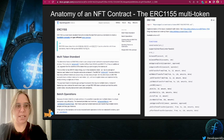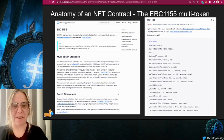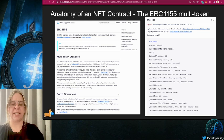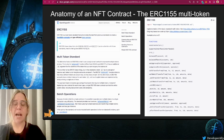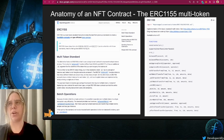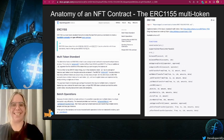So that's why you use IPFS basically, and I'll quickly talk about this since it's in my slides here. There's a newer NFT contract out. It's actually a multi-token contract, and it's called the ERC 1155. This contract is interesting because not only does it enable you to mint NFTs, but it also enables you to do tokens. So you could do both tokens and NFTs all in one contract, which is pretty exciting for things